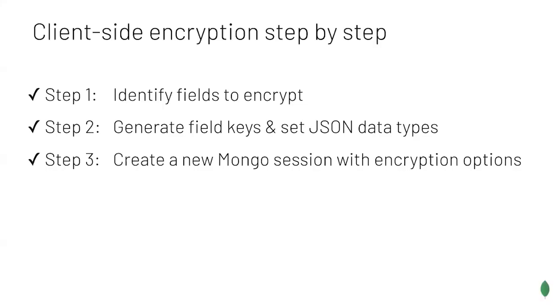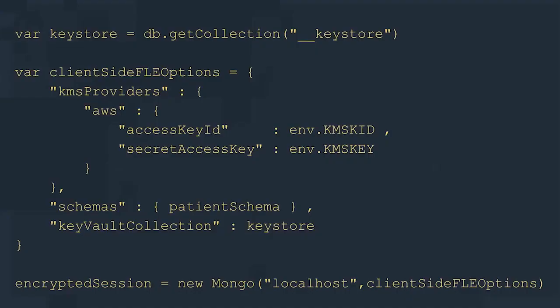Next, going back to the 4 steps. We've identified the fields we want to encrypt. We either do that explicitly or we can do it dynamically. We've created those field keys, or in this case, a field key. We specify the JSON data type, and now we create a Mongo session. And this is the way that you've done it always, right? So in addition to the database parameters, TLS, LDAP, Kerberos, SCRAM, federated entity, however you're doing it, we add a couple of different additional parameters. One of them is specifying the key provider, and the other is this schema that we created earlier. And then we just connect as we normally would. Next.